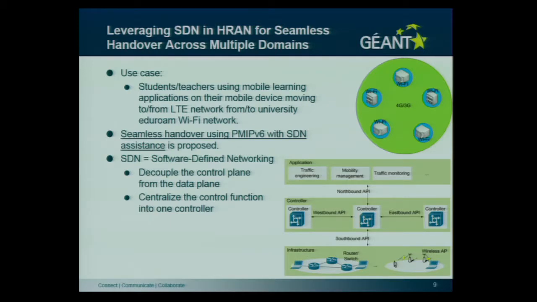So if we don't solve this problem, the users might be annoyed. You lose your freedom of walking around the campus. Because it's eduroam, this thing is pretty brilliant, but